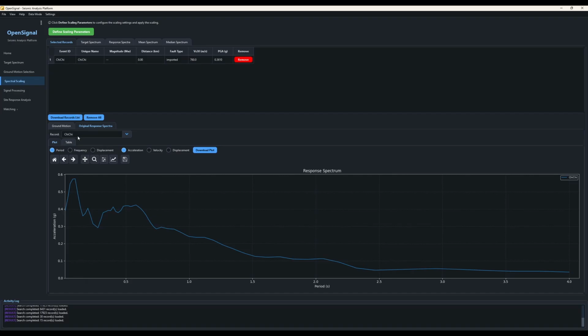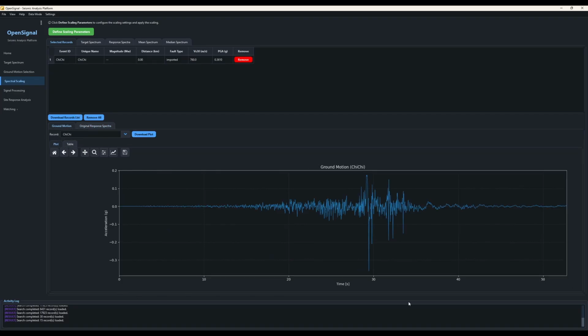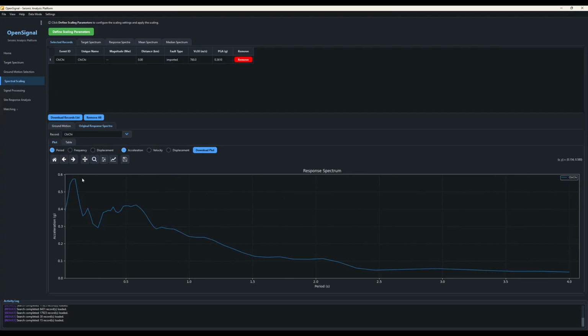We can also see the plot of the ground motion. Here is the first tab, the ground motion plot, and this is the acceleration at the time. And also in the original response spectra, we can see its response spectra, so acceleration on period. We can also change how we look at this plot,